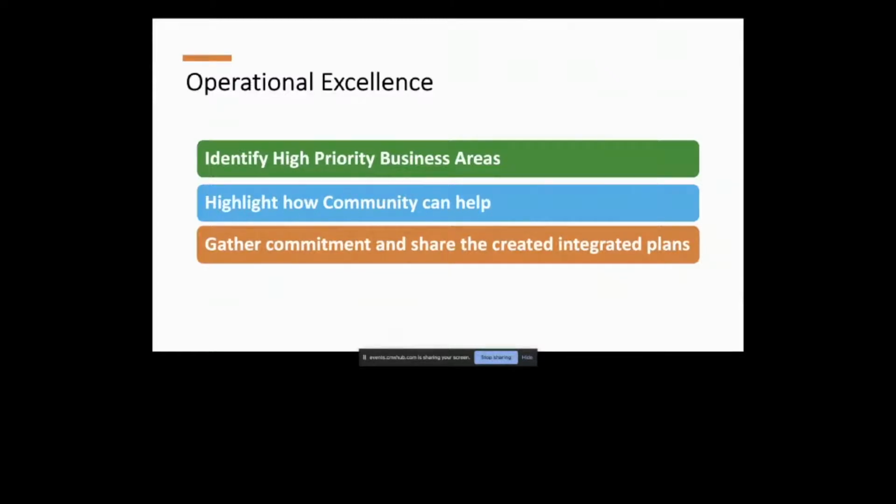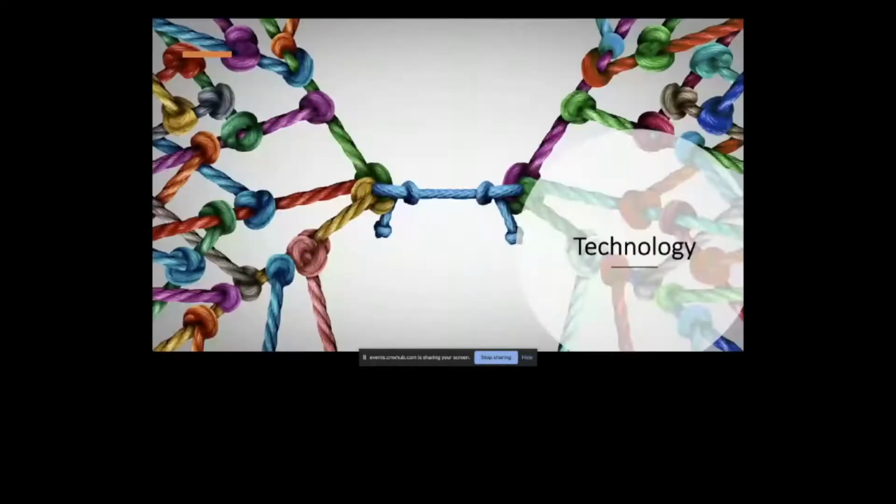Now, moving to my favorite topic, which is technology. And I'm hoping that we'll have some time towards the end to answer any questions that you may have. Make sure that your technology roadmap and the way you think about integrating technology into both your community as well as your internal technology needs are well thought out. I think we tend to get too excited and want to try new things at times,